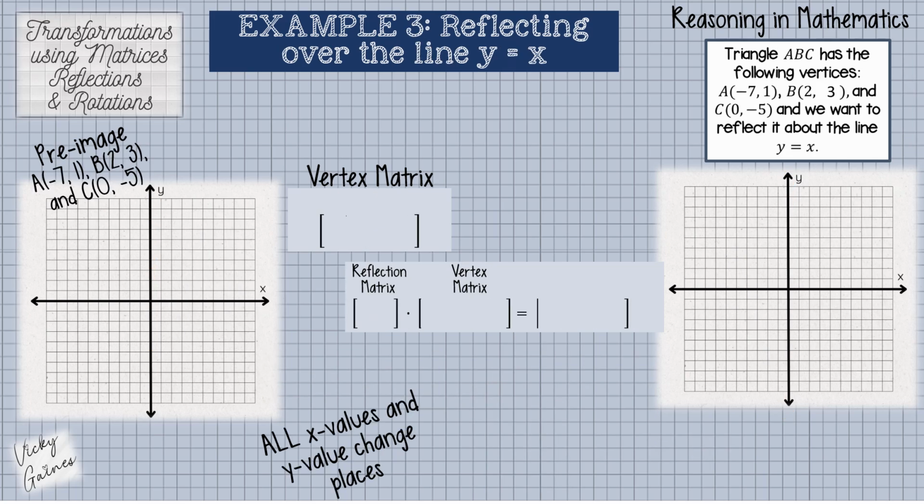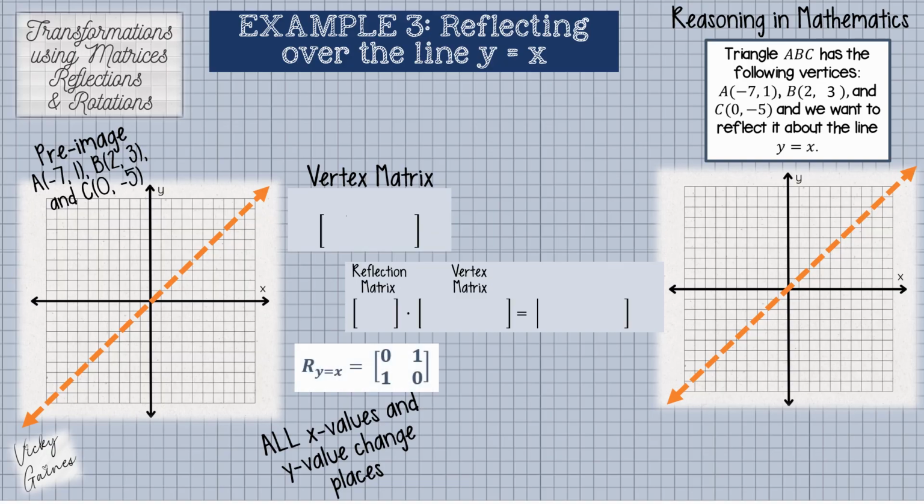Example 3 is reflecting over the line y equals x, and we are given triangle ABC with the vertices that are listed in the top right and over towards the left. The line y equals x looks like this, and that is the line we're reflecting over. It's the identity function. All the x values and y values are going to trade places, and that's what this